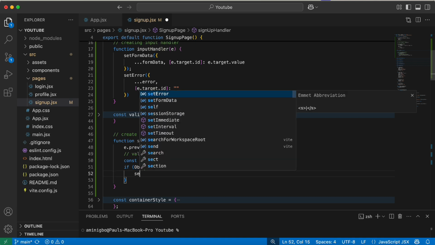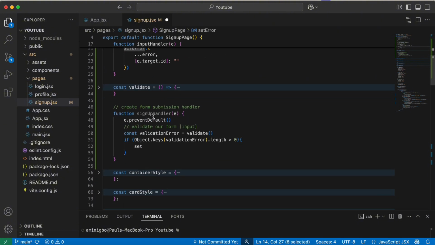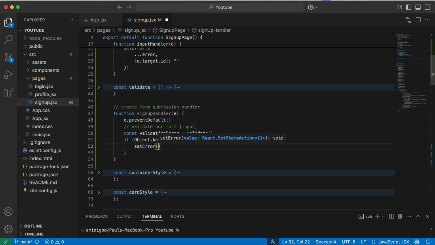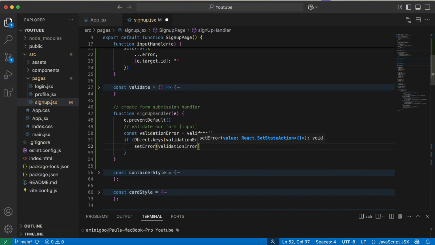We're just going to set our error state. Remember, we have an error state here. So we're just going to set this error state to whatever error is returned in the validation error function. So we're just going to set this state to validation error. Else, if there is no error,